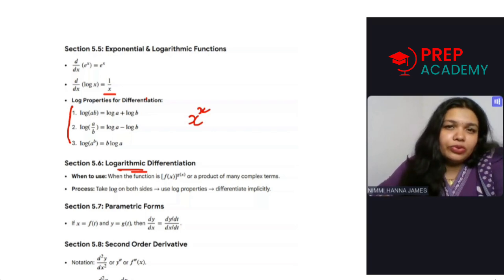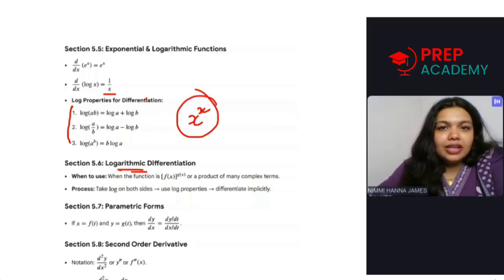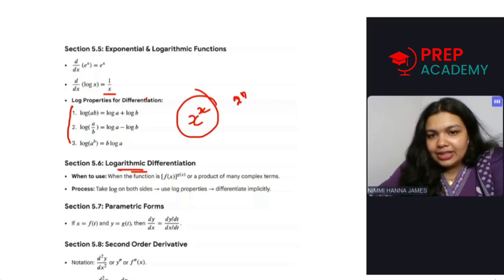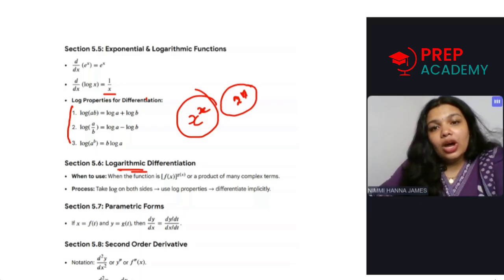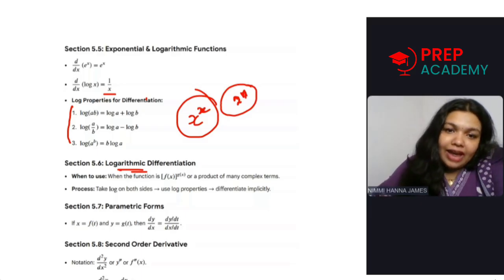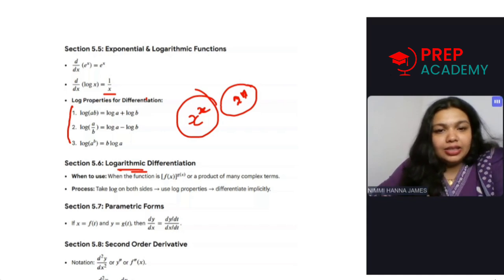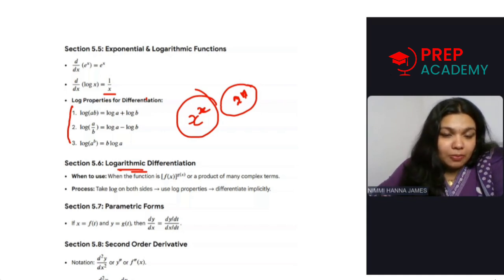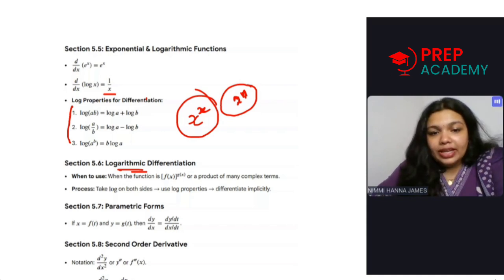For this type of differentiation, we use logarithms, because we don't have a standard form for these types of derivatives. We can't use x raised to n, because there the power should be a number, but here the power is also a function. So whenever we have two functions as the base and the power, that is f of x